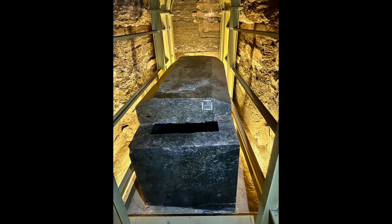One of our guides believed that the Serapeum could have been a seed bank, since the boxes hermetically seal, as if the ancient Egyptians were preparing for a cataclysm. However, no one truly knows for sure what these boxes were used for. Another mystery is why some of the boxes appear to be unfinished. Certain parts of the boxes, like the top of this one, still look like they need to be cut down